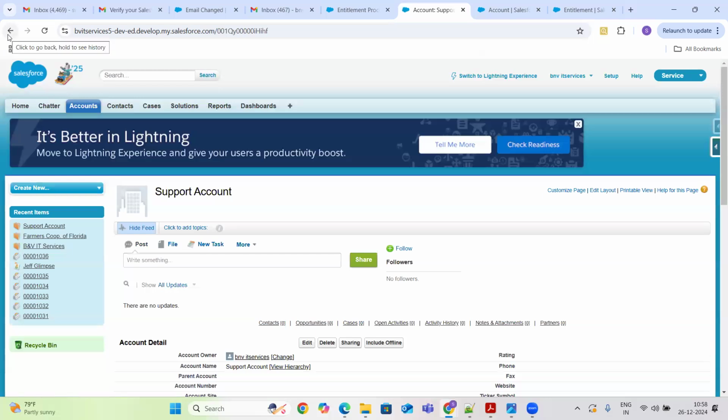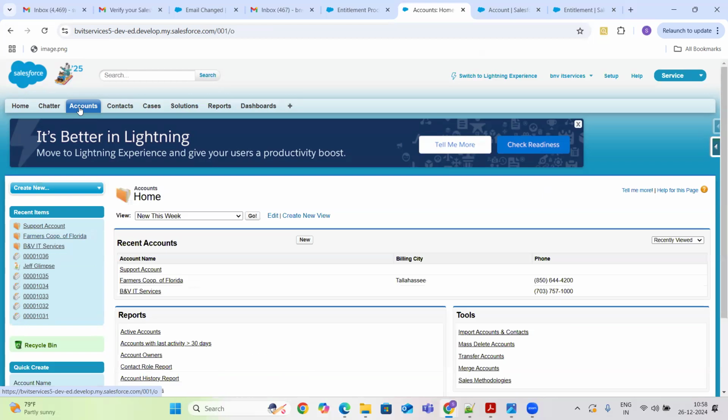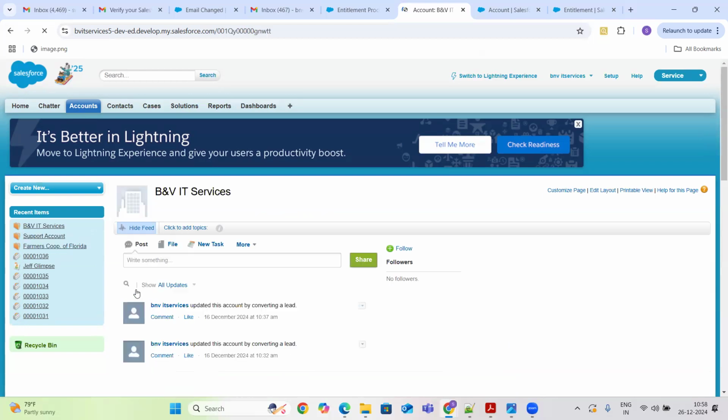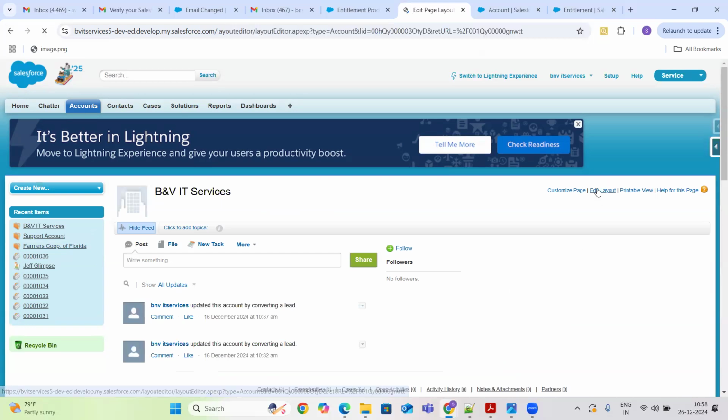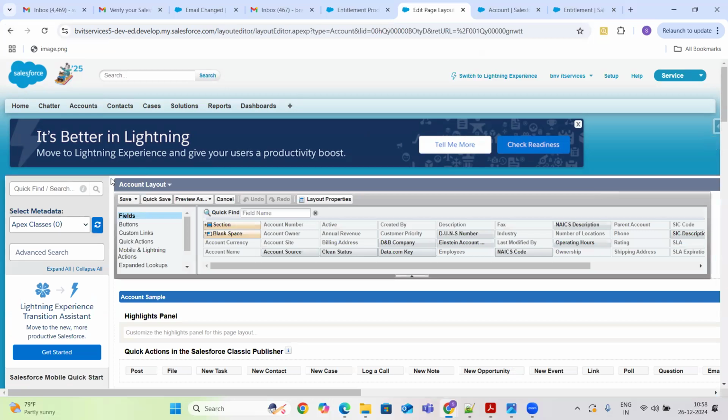To check my page layout, the shortcut is you can just switch back to classic and open up the record which you are watching. I try to watch it here, BNB IT services. Click on edit layout. Then it will display your page layout name. So this is the account layout they are using.